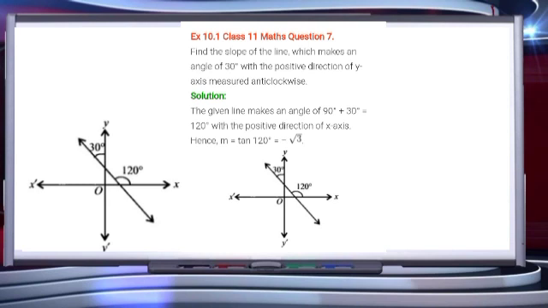For the same, as you can see here, if this angle is 30, which implies the vertically opposite angle will be 30. If this one is 30, the other one is 90. So by the exterior angle property, this will become 120. Hence, our line will be making an angle of 120 degrees with the x-axis, and its slope is given by tan theta, that is tan 120 degrees, and tan 120 degrees is -√3. I hope you understood. Students, we always find the angle with the x-axis, and if it is given with the y-axis, just transfer it to the x-axis first and then find the slope by tan theta.